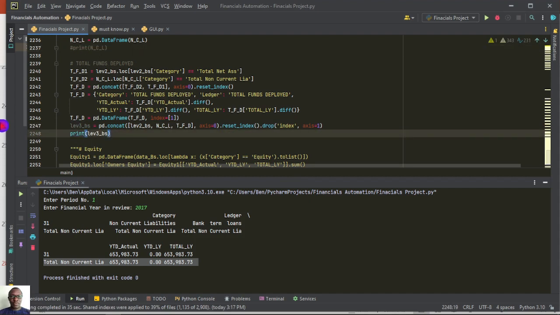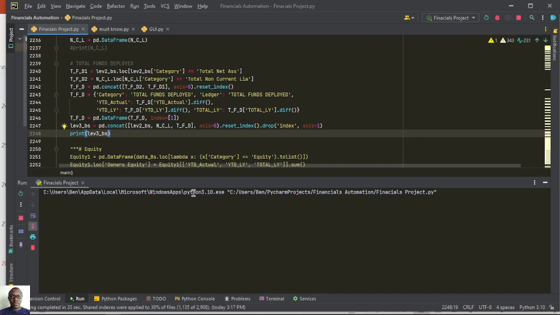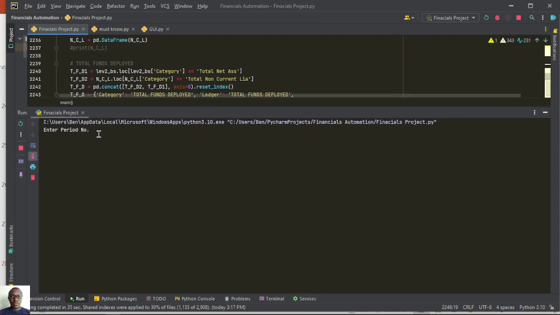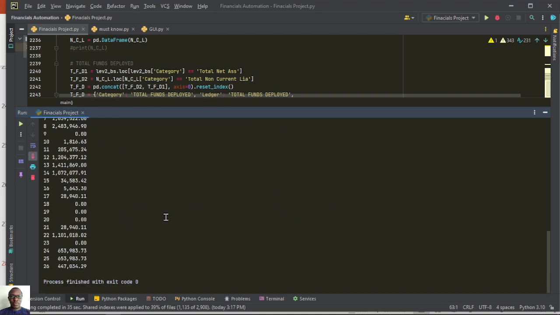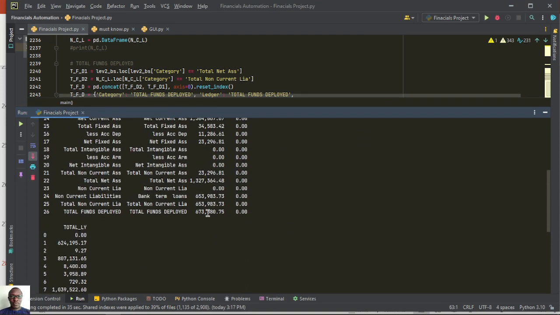So it's all about calculating the values and then adding to data frames. Data frames start very short, but they continue becoming long as you add in some rows as you calculate coming downwards. So let's print and see the level 3 underscore BS. So the period is 1, financial year review is 2017. Let me just roll up. So you can now see we have